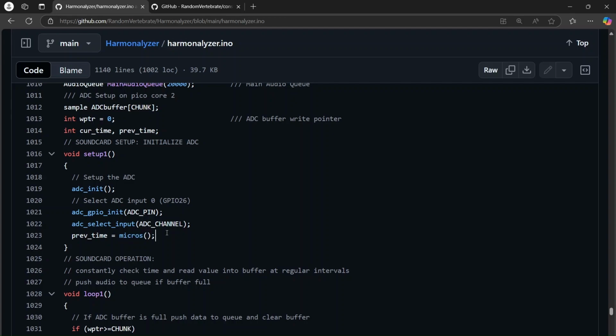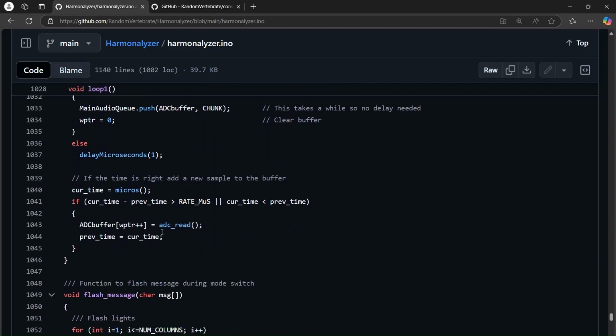And what micros does is it just has a counter that goes up every microsecond, and then at some point it resets to 0. So what we're doing is we're constantly checking the time, and then if the time is correct based on the sample rate that we choose, then we read a new value and put it into the buffer and update the